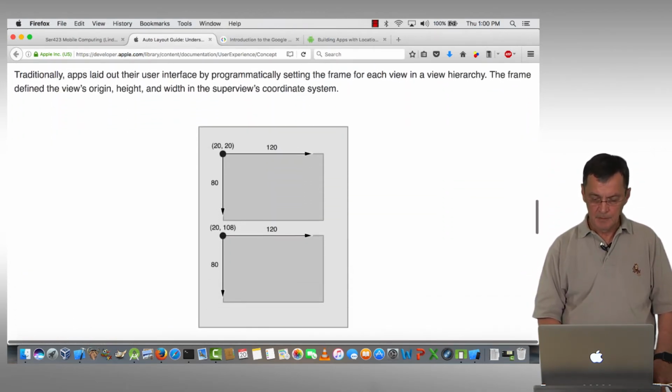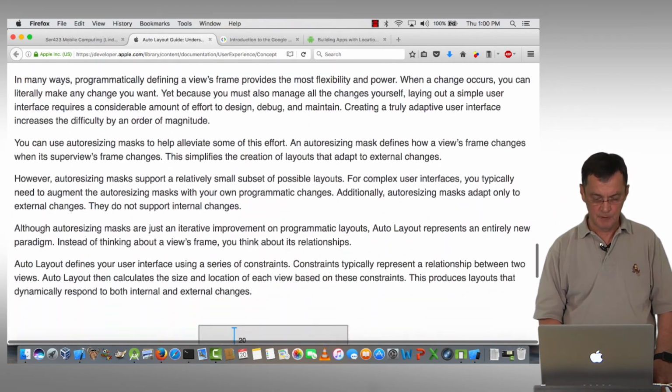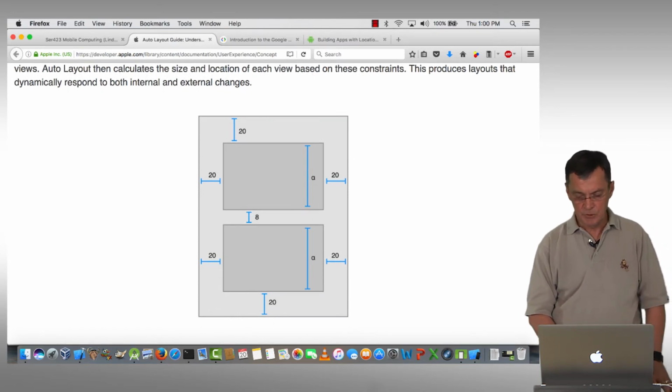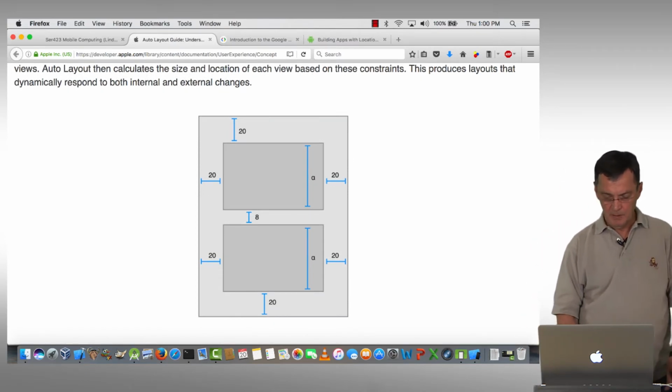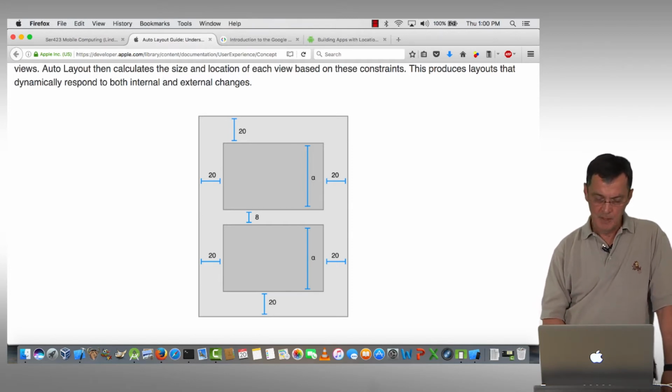So this describes what I just described in terms of X and Y positions. And this talks about constraints within iOS. And constraints are now being added to Android, although so far as I can read from the community, there hasn't been a huge adoption of them yet. There are some other mechanisms, but we'll talk about those in just a minute. Within